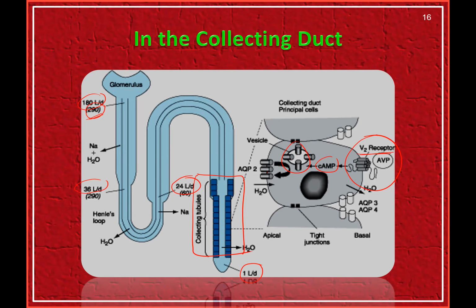They are opened up on this side and water enters freely. Whatever water has entered comes out into the interstitium through aquaporin 3 and 4. So opening up of these channels is under the influence of the arginine vasopressin, which occurs in the collecting tubule and the collecting ducts of the renal tube. Now,